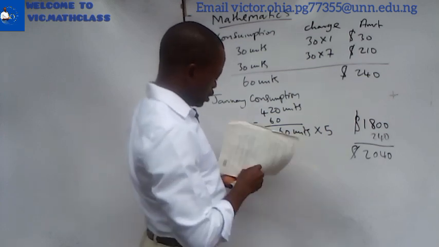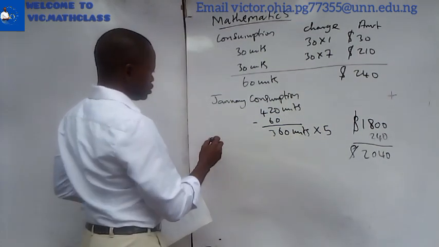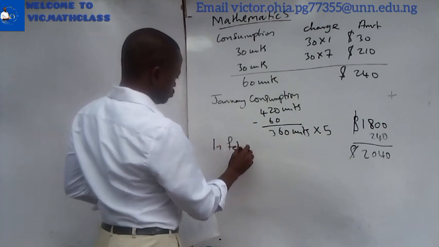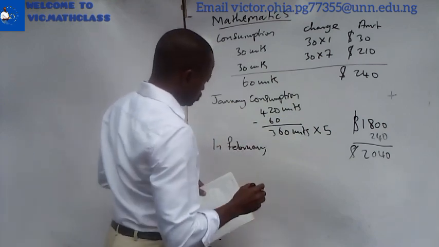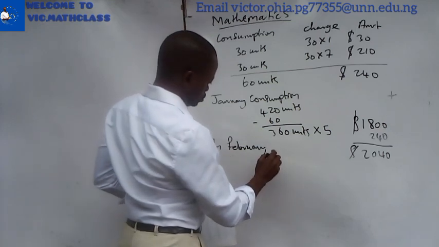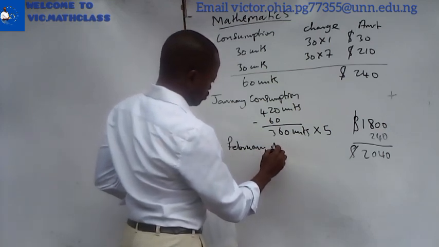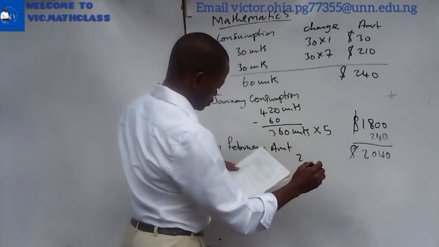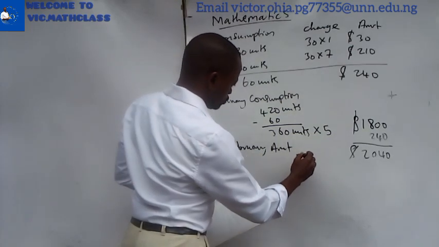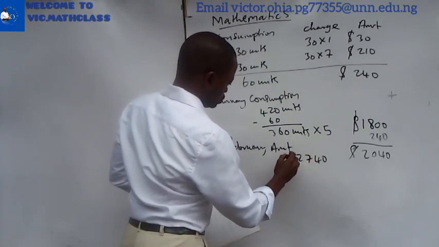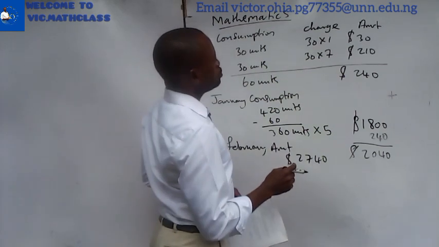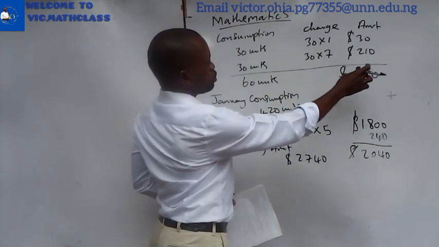So if you look here, in February, the amount we have is $2,740. But you now know obviously we are going to remove this